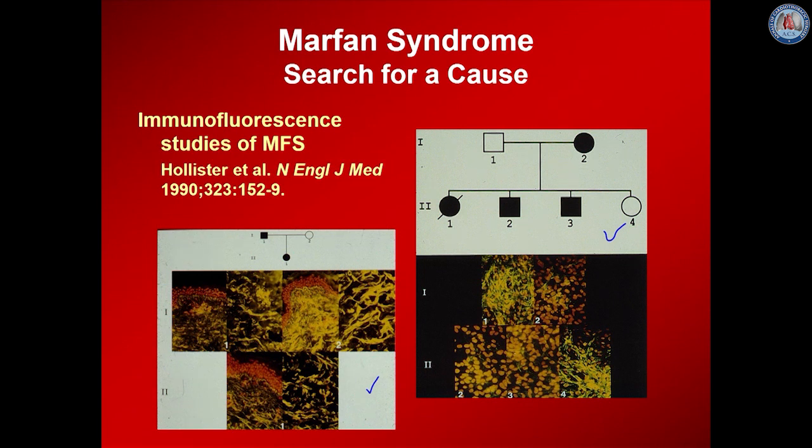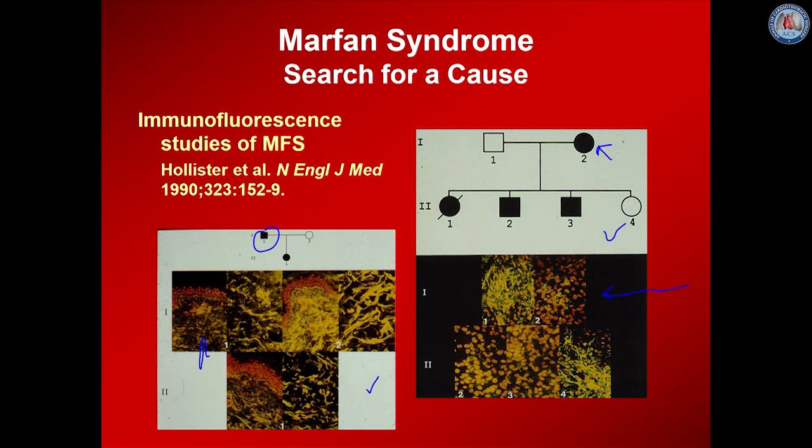Simultaneously, biochemical studies were being performed, and in these 2 studies of both tissue and of cultured fibroblasts, an antibody for the protein fibrillin 1 was used for staining, and showing that the patient with Marfan syndrome here had marked reduction of fibrillin 1, and in cultured fibroblasts of this patient here, there was also marked reduction of the production of fibrillin 1.